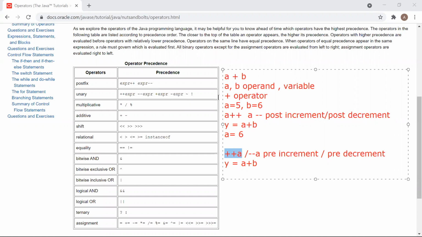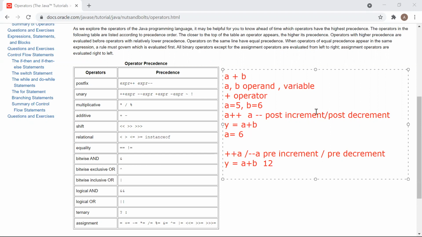Why is it 12 here? Because first it will increment a to 6 and then it will take the b value of 6. So 6 plus 6 is 12. So here it first increments the value because it is pre-increment. So a's value will become 6. Now it will go into 6 plus 6, and it will become 12. So now do you understand what is the difference between these two?